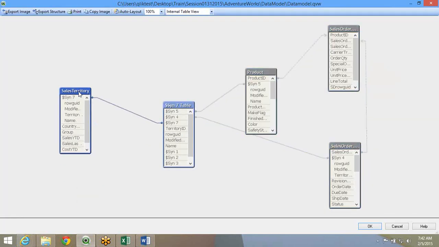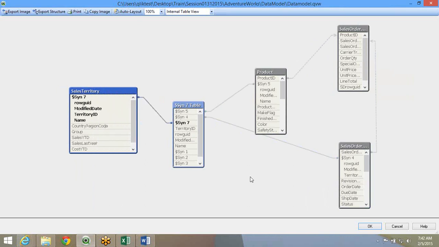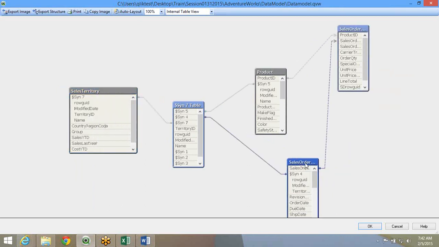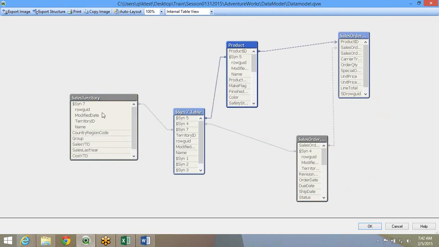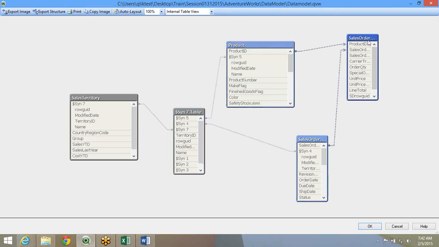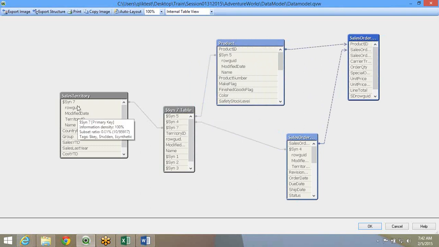The reason is that sales territory has three fields common with these two tables, product and sales order. Now product and sales order header, and sales order header and sales order detail, are linked internally because of the product ID and sales order ID.